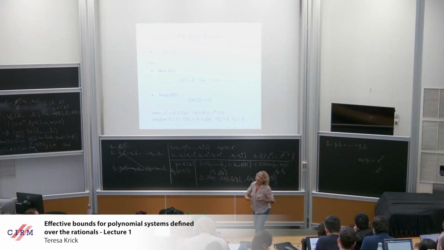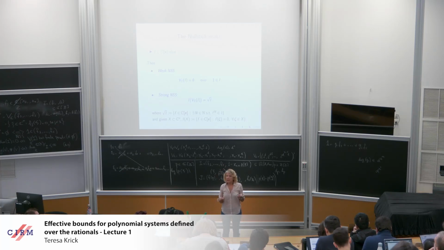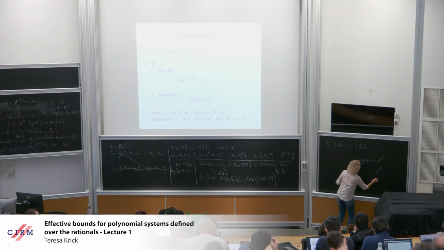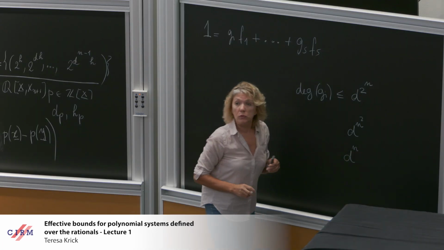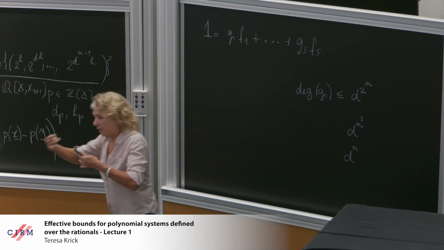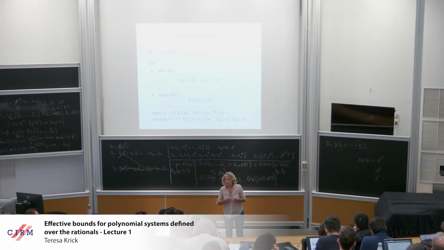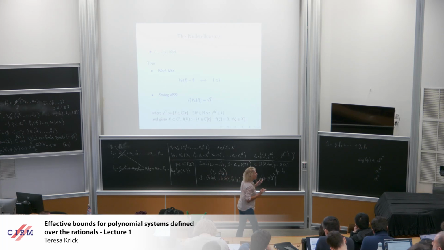And then people worked on that, and Joos, my advisor, also worked on that, and he got a simply exponential bound. And then there was this result by Kollár, who gave the best bound of order d to the n, except if all the d's equal 2. That was the search. And then Jelonek, in I think 2006, gave the most beautiful proof because it uses the geometry of the problem somehow. If I have time tomorrow, I will discuss that a little bit. But this is about degrees.